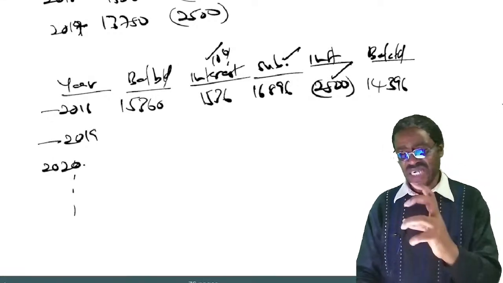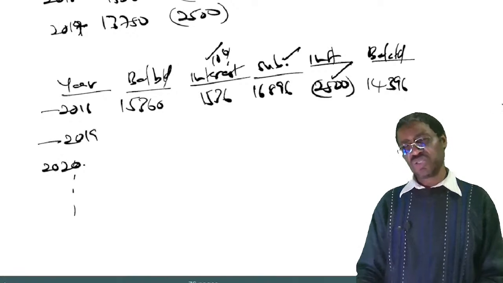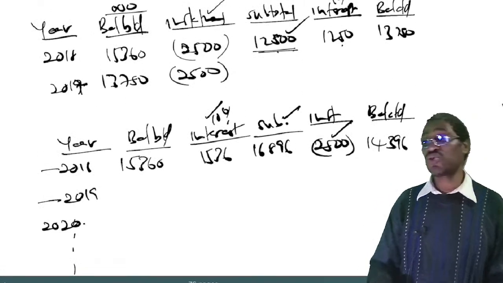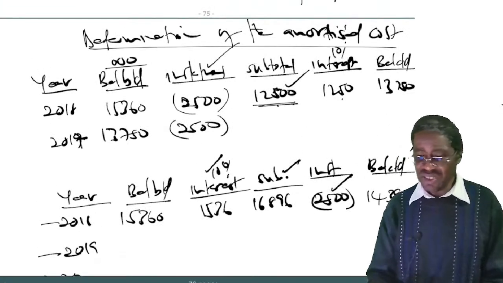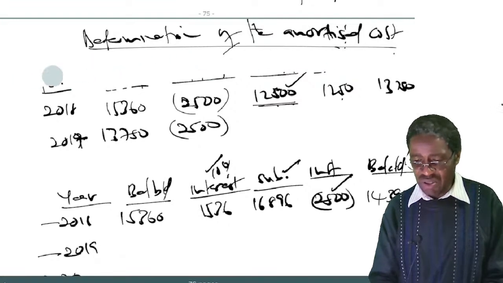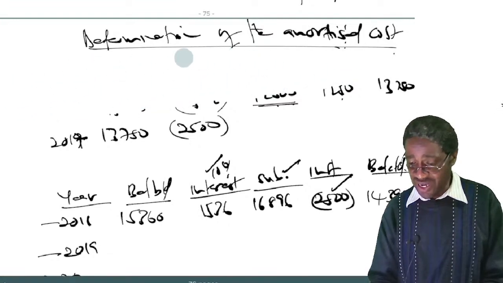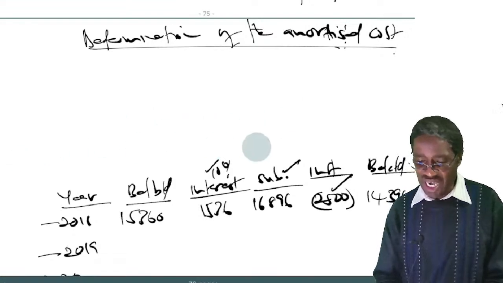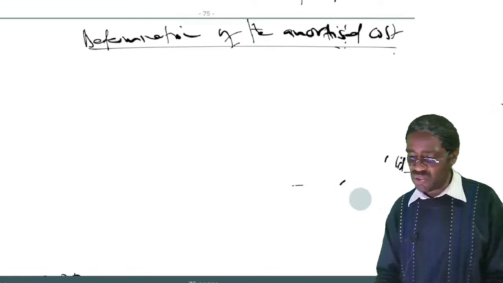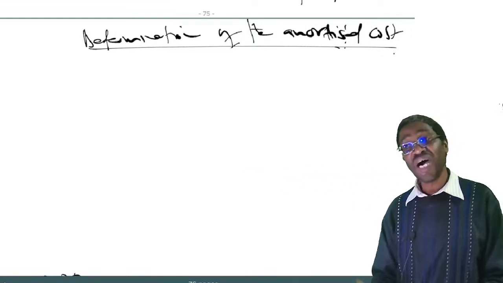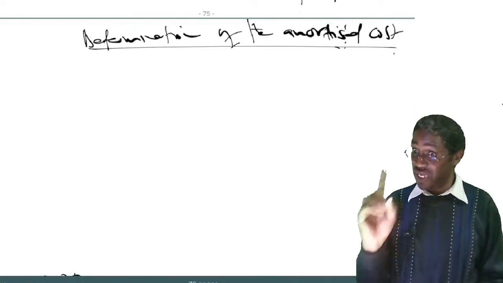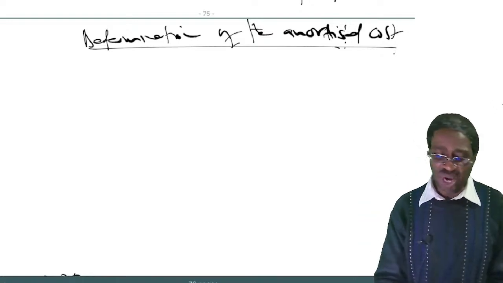So with that idea now, our question is one where we are required to prepare or to pay our installments in arrears. Let's now do the table properly. Now that I've talked about it, it is very important to know that there are times when you are paying your installments in advance and there are times when you are paying your installments in arrears. Our question is one where we are paying our installments in arrears. Okay, so let's do our table.